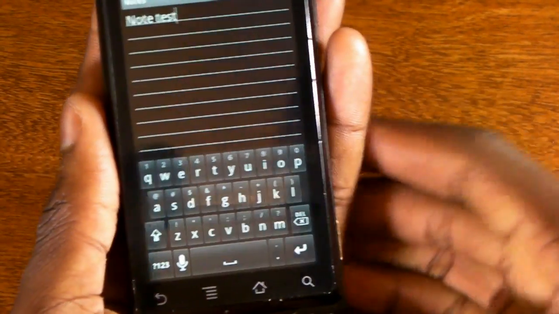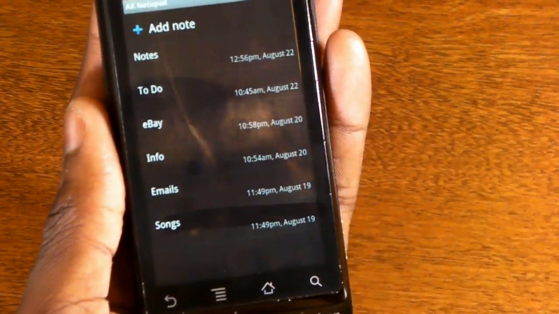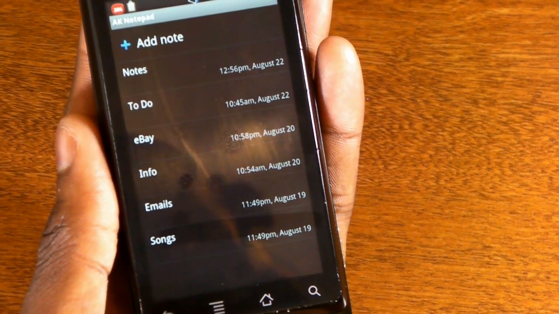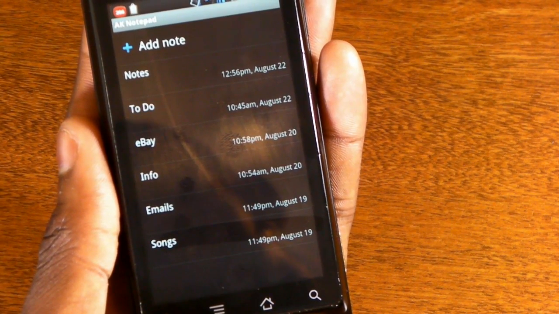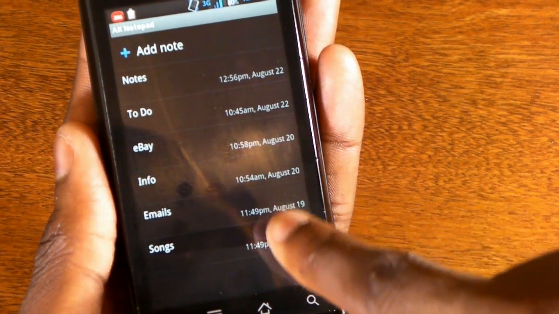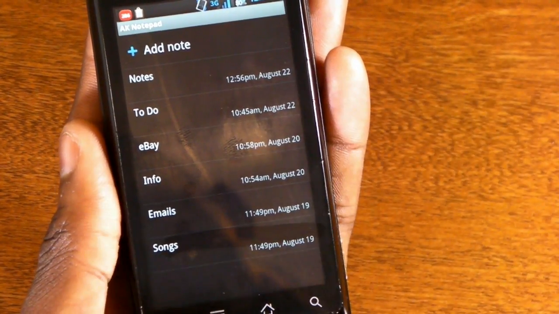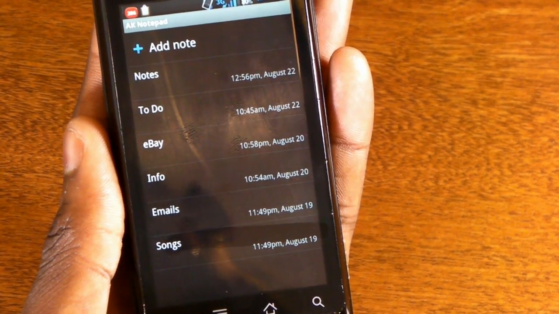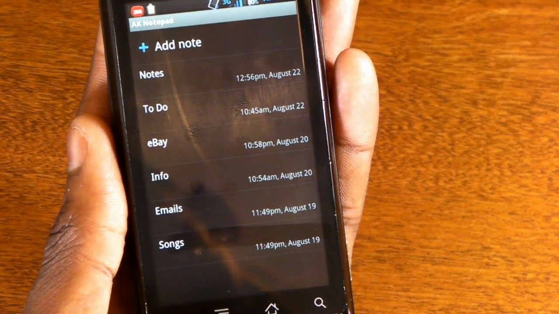Now naturally, after a long time of using this application, people will end up with more than one note. As you can see here, I have quite a few notes. Over on the right hand side, you can see that they're sorted by the last time you accessed those notes. So the last time you edited it, it'll end up on the top. If you edit that Songs one at the bottom, it'll end up at the top next time you open